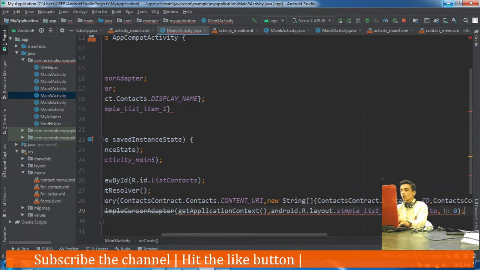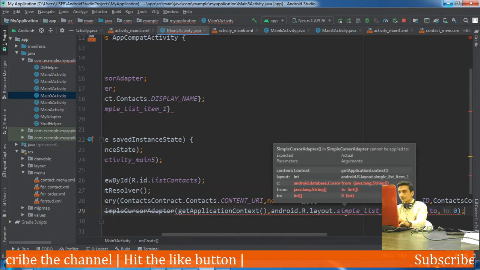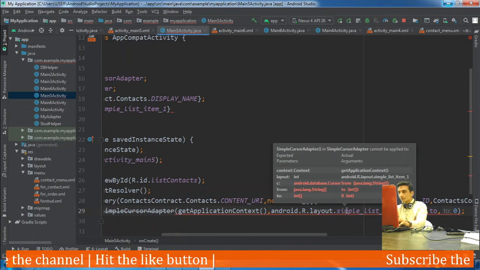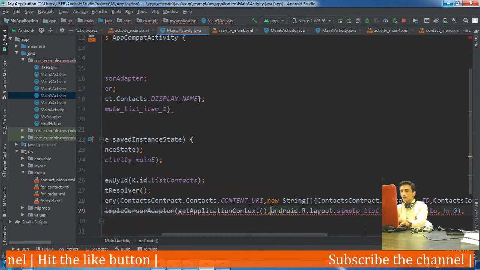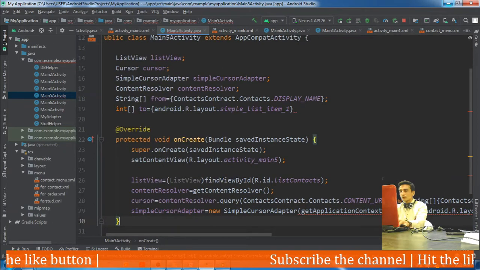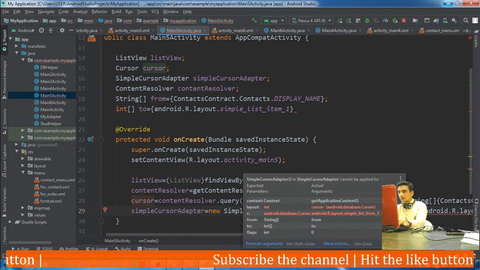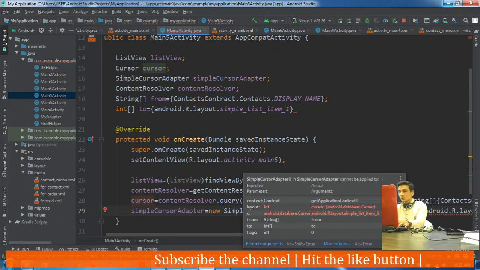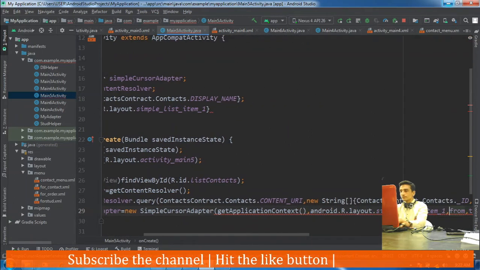Now it is showing some error. The cursor is remaining. The cursor which we have defined should be passed here as an argument. The order is context, layout, then cursor, then from. The cursor is passed as the second argument, but we should pass it as the third argument.